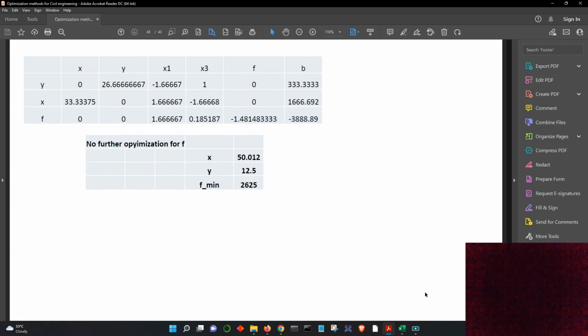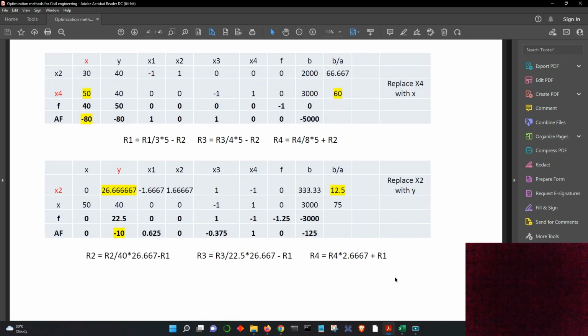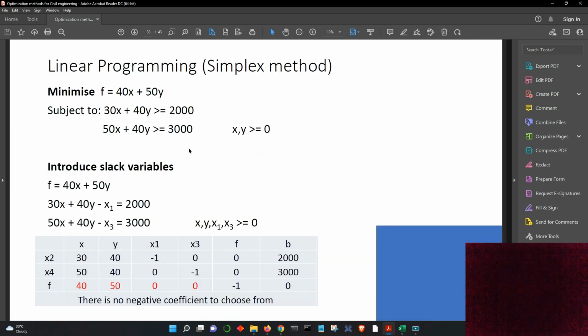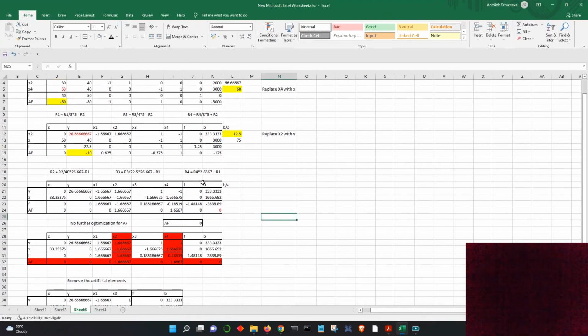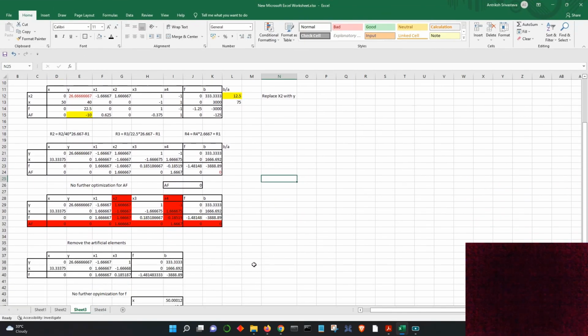So this is basically a question that I also struggled with. I was also thinking maybe we can convert this problem to maximization, but it didn't work out. So this is the proper way to solve this. That was probably not covered in the lecture. So I thought this is important to cover. And you can also go ahead and step by step see how I have solved it in the shared Excel file that I will